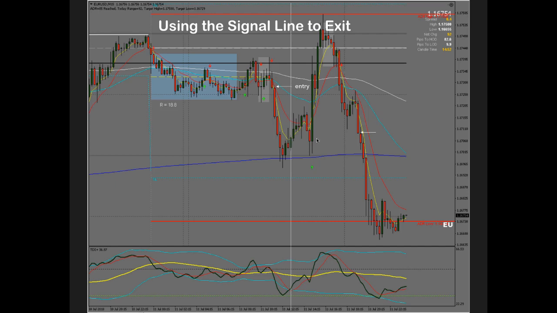And then let's say you took it back down, right, the other way. You see this out of the band, in the band kind of activity right here, and then this is our M structure. This candle right here, you take this entry because it is below the market baseline and crossing below the signal line. So if you take this entry here, take this all the way down to the bottom here,